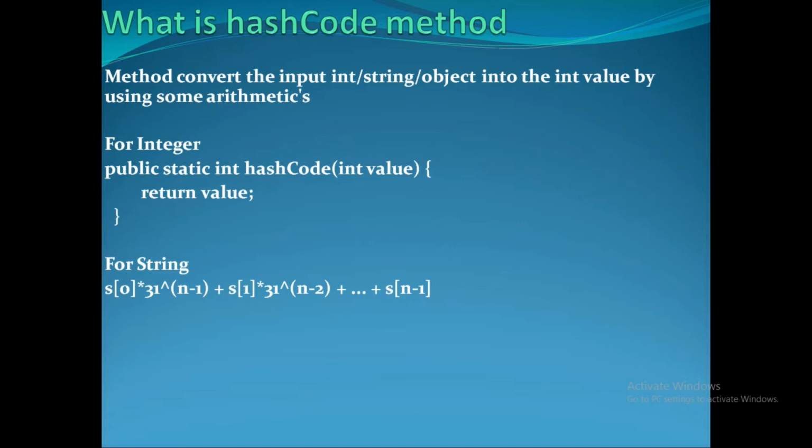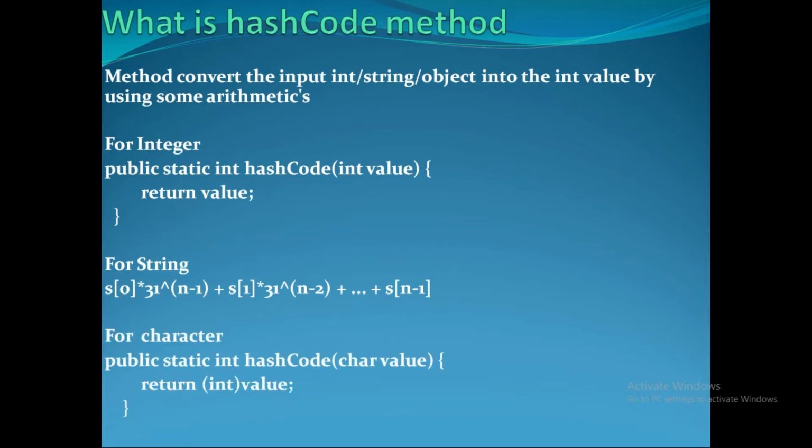If you open the String.class file, in that you will find the hashCode method, and in that hashCode method you will find this formula. In String we also have different variants of hashCode, because there are different types of encoding styles, like ISO encoding, UTF-8, and Latin-1. Those are the various encoding styles available in Java. So according to the encoding style, Java has implemented the hashCode method. This is the common formula we use for String to create the hash code.